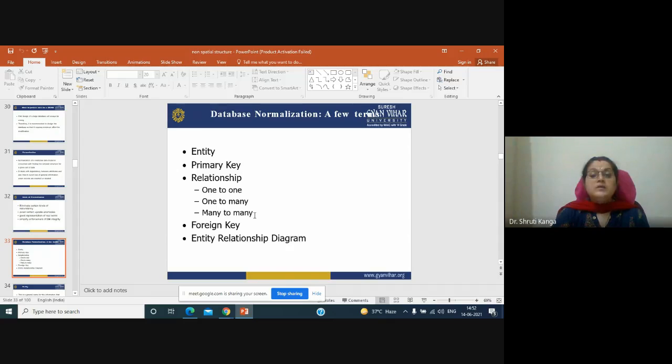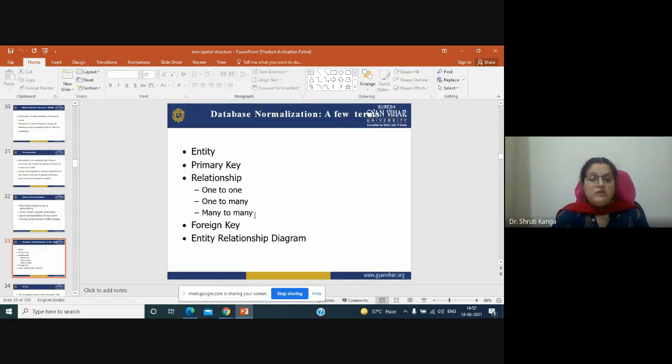Then, database normalization, a few terms. While we are going for data normalization, we must know some terminologies, which we talked about in the previous slides also: entity, primary key, relationship. We have studied that a point can have a one to one relationship, a point may have a one to many, or many points may have a relation with many points.